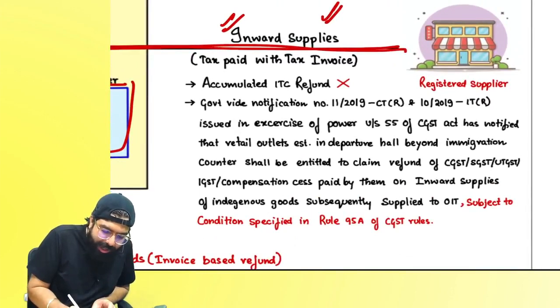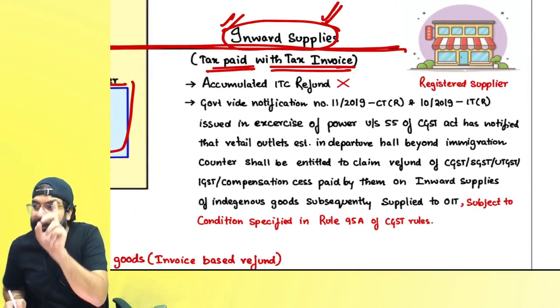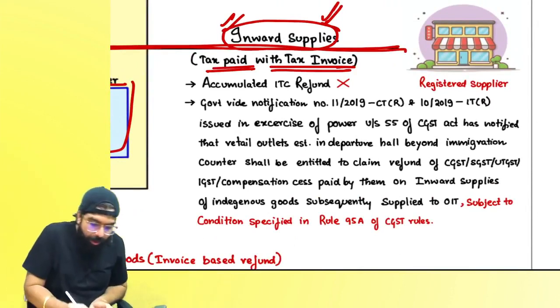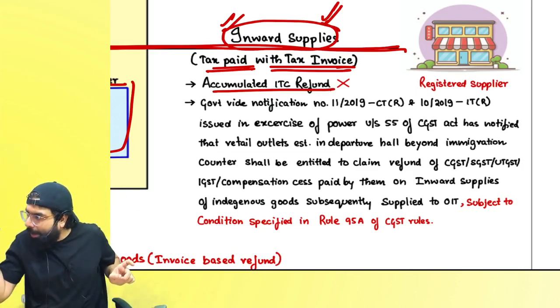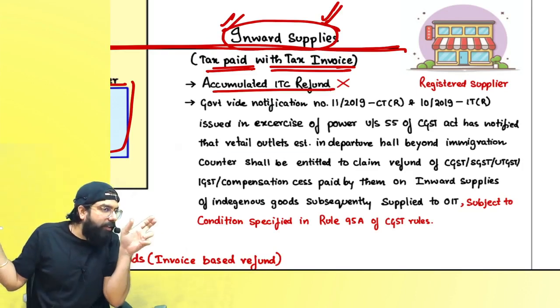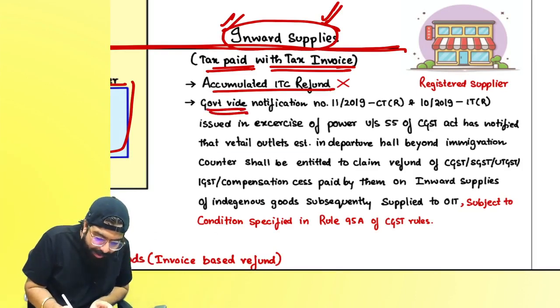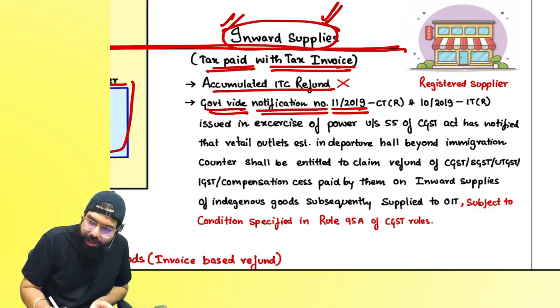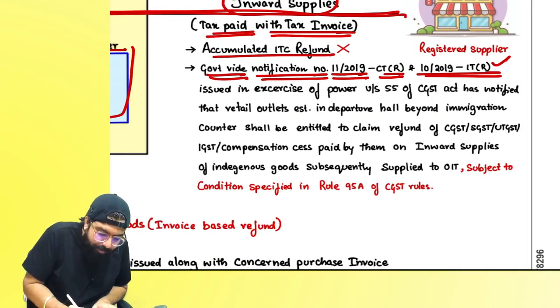So the government said, tax paid with tax invoice: for inward supplies, you should have your tax invoice in which tax paid is shown. Accumulated ITC refund is not given to you. Only those supplies which you have given to outgoing international tourists, for that whatever GST is paid, that GST refund is given to you. The government issued Notification No. 11/2019 Central Tax (Rate) and 10/2019 Integrated Tax (Rate)